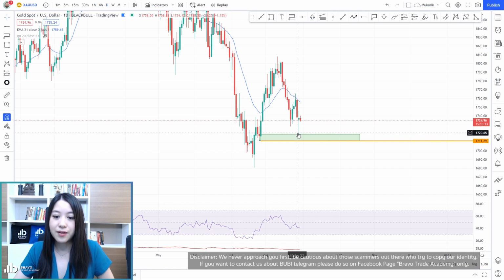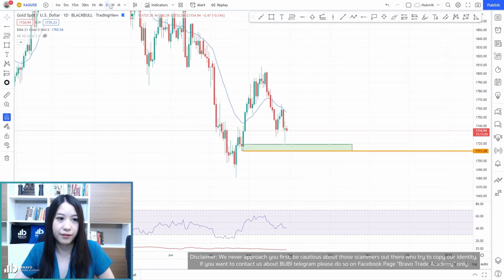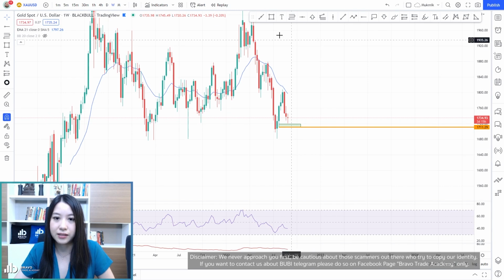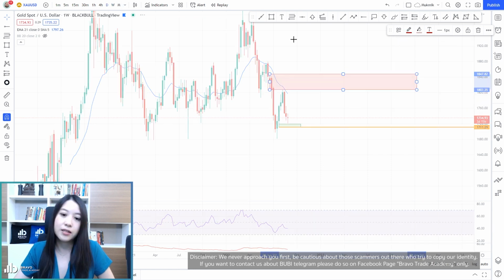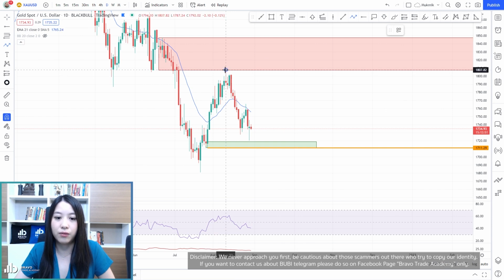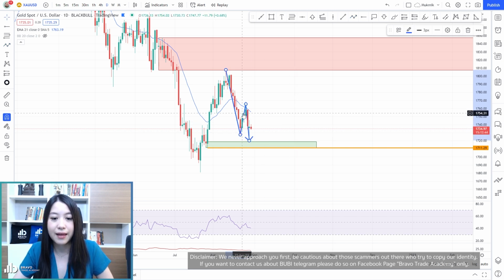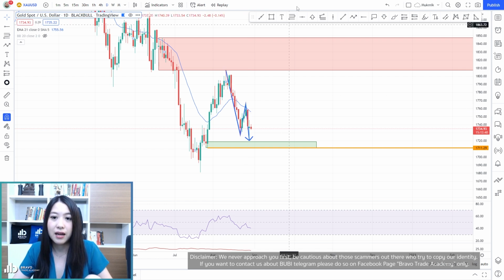So the price around here is around 1720 to 1710. If you remember, we also have our supply zone in the weekly time frame. Okay, supply zone. So go back to the daily time frame. You might notice the price making lower highs and lower lows. Is it a downtrend? I would say that it is not confirmed as a downtrend yet in this daily time frame,